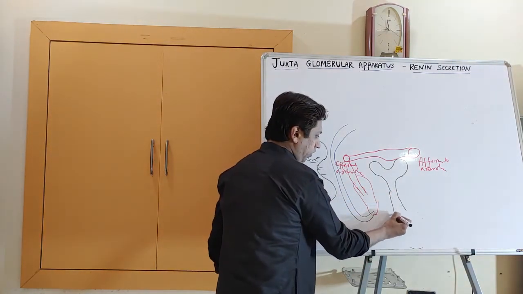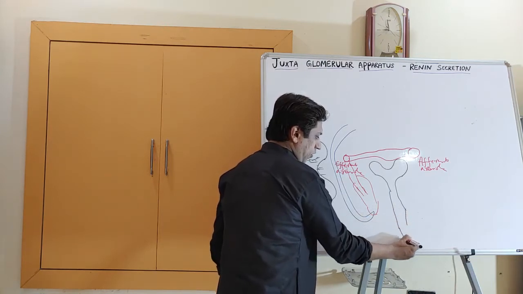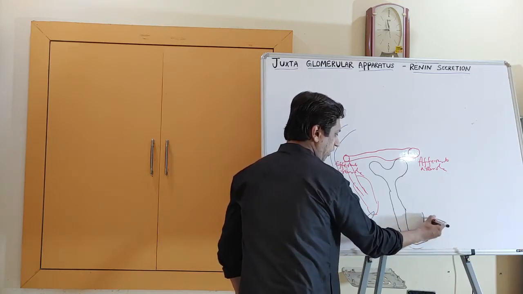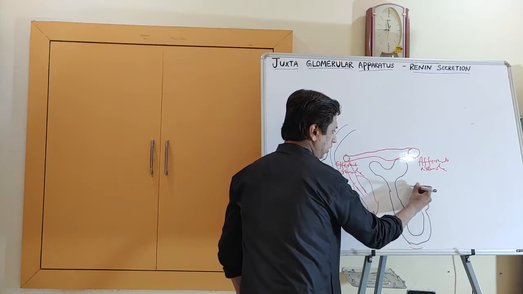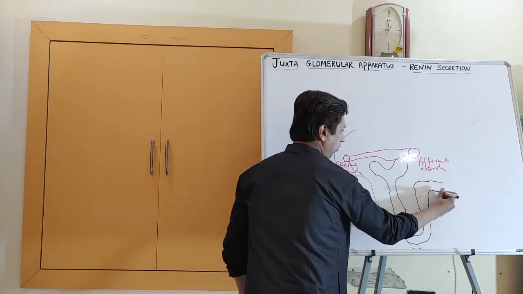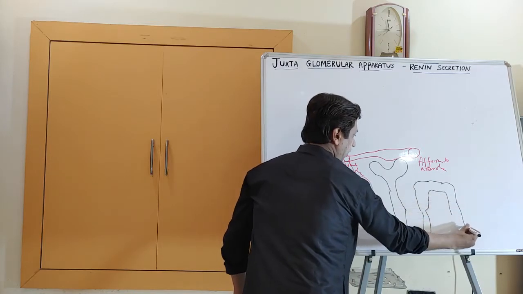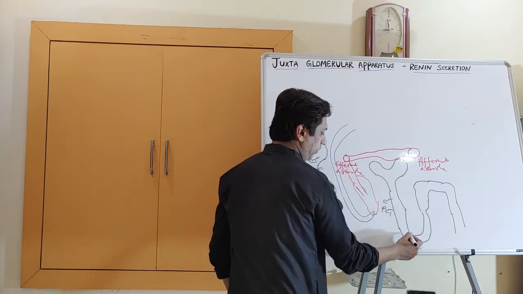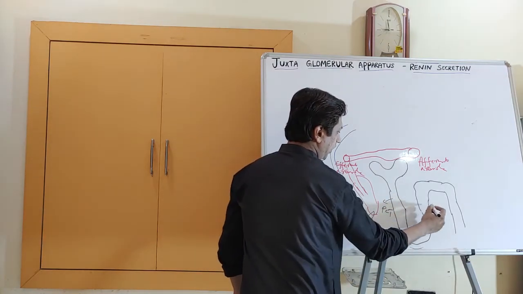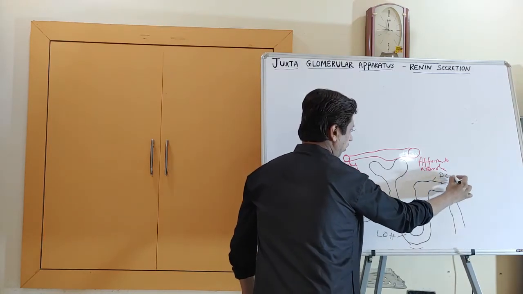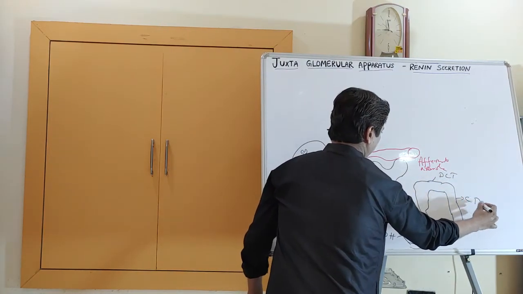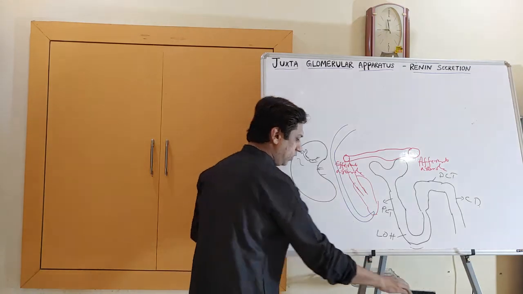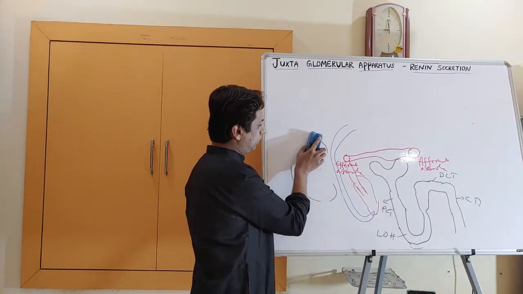First, the proximal convoluted tubule. I am just drawing a rough diagram. Then we have the loop of Henle, descending loop, ascending thin loop, thick ascending loop, and we have the distal convoluted tubule and collecting duct. So this is the proximal convoluted tubule, PCT, this is the loop of Henle, this is the thick ascending loop of Henle, and this is the distal convoluted tubule and the collecting duct. This is just a rough diagram of a nephron. I'll erase this kidney now and we'll concentrate on this structure, the nephron.